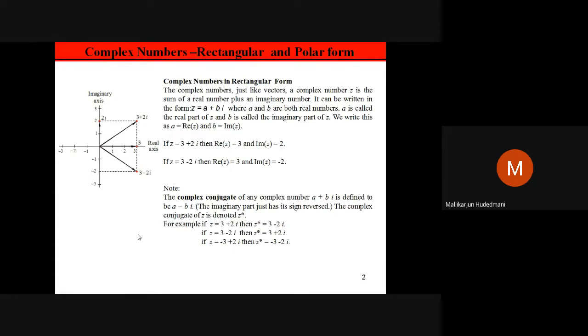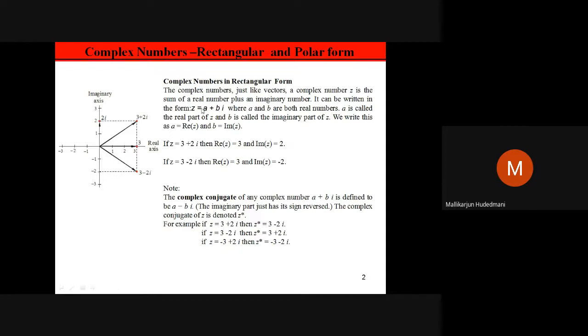A quantity which is said to be complex should have a format like the one shown over here, for example z equal to a plus bi or a plus jb. i and j are called complex operators. So a complex number should have a representation either in rectangular or polar form. If the quantity is represented in this format, having a real term like a and an i or j operated term bi or jb, this second term is called the imaginary term.